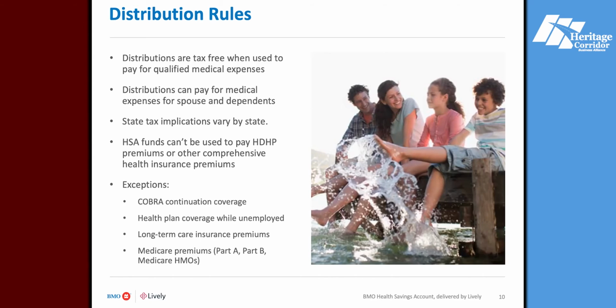Tax-free when used for qualified medical expenses. And remember, I said you can use it for out-of-pocket expenses for spouse and dependents. Tax implications vary by state. So if you were to mess up, now, as I said, Lively is going to stop you from making